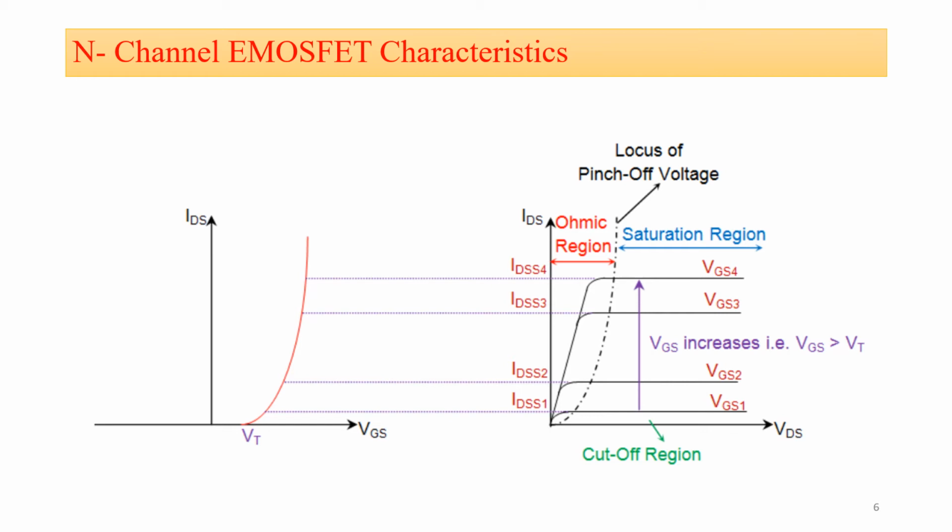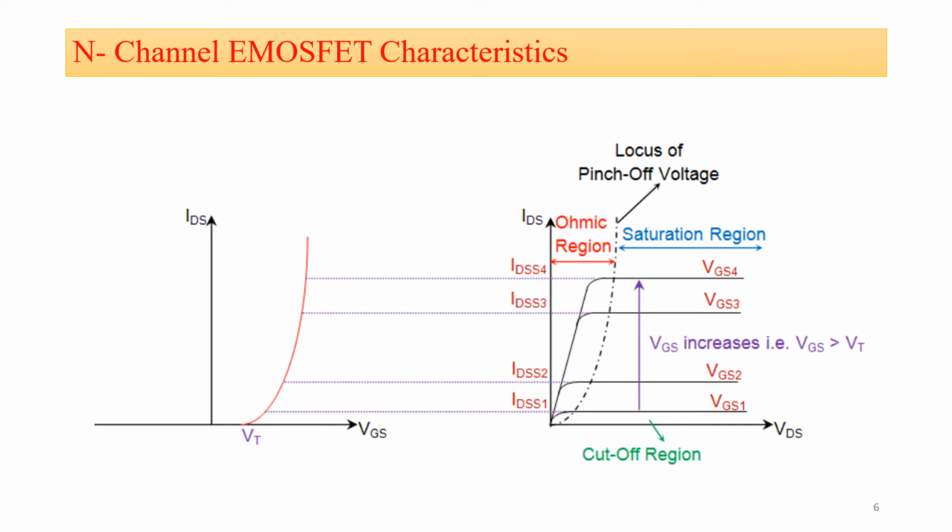working of our e-MOSFET, our observation is that when we increase the value of VGS, the number of electrons gathering at the SiO2 layer increases, and due to these electrons, the channel is enhanced between the two heavily doped N regions, due to which the drain current starts flowing. The voltage at which the drain current starts flowing is nothing but the threshold voltage. Now if you observe this graph, the drain current starts flowing after VT, or after the threshold voltage. And the second characteristic indicates the drain characteristics.